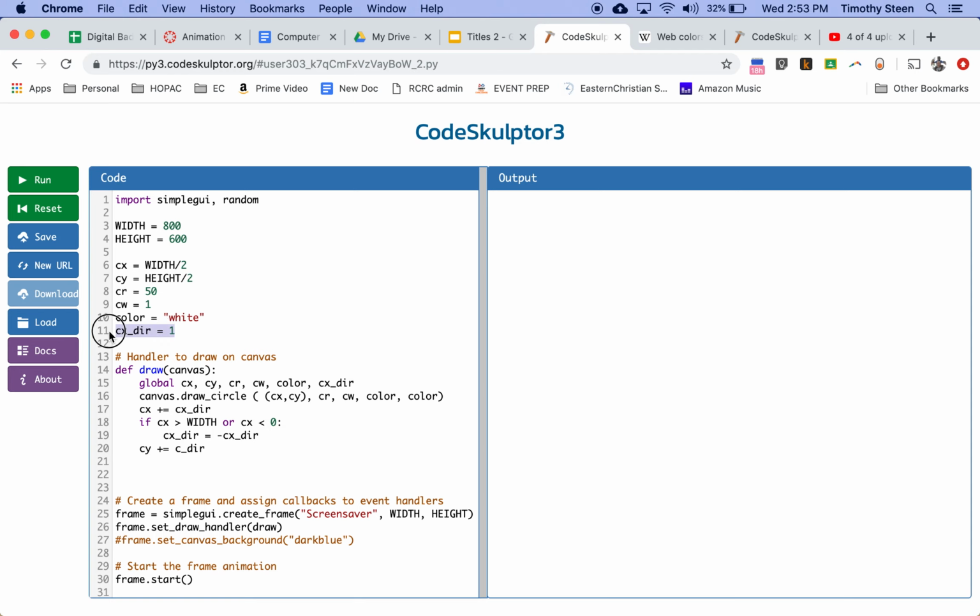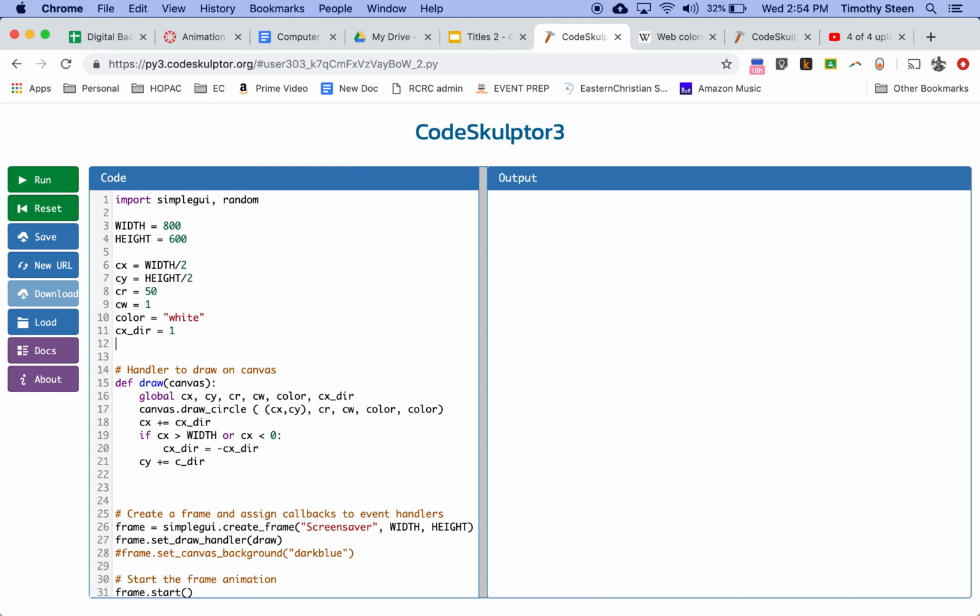So I want to control the direction of my x value, and that means I have to bring it in as a global, and that means I have to say, okay, add my x direction to the x value of the circle, and I want to change that if I hit the edges. And then you can imagine, okay, if you have a value for your x, maybe you have a value for your y as well, and that's exactly what we do. I bring it in here on global, and then down here I say